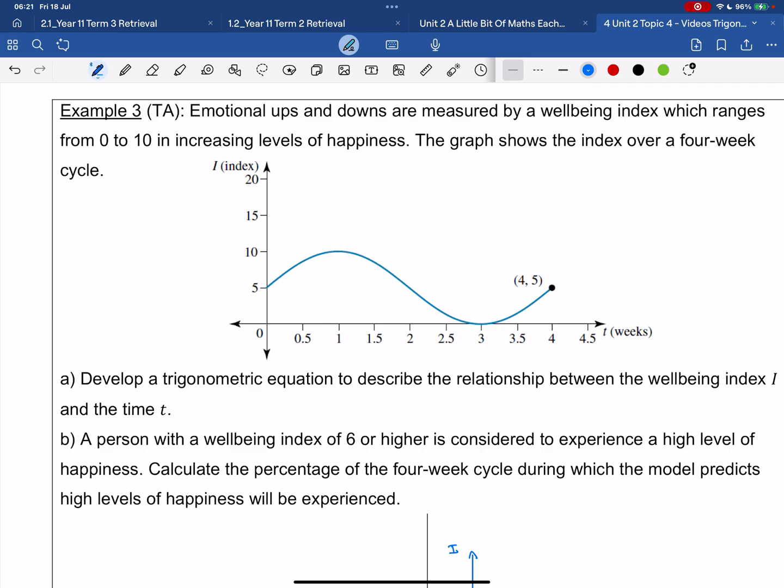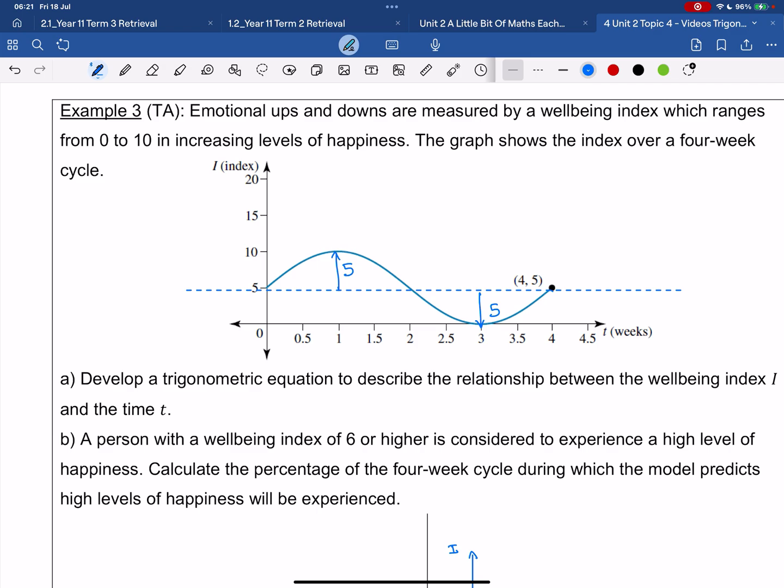Okay, I can see that I have a mean position at 5, and this is oscillating about this y equals 5, or I equals 5. It goes up 5, it goes down 5, so my amplitude is 5. I can see it covers one whole period in 4 weeks, and so that then gives me enough information to